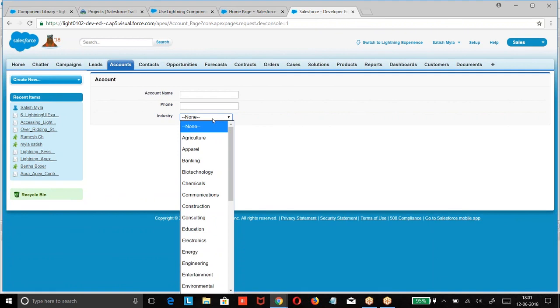I am creating two pages. One is a customer page, another is a corporate page. In the customer, industry should be ABC. In the corporate, industry should be XYZ. Then how will you get the data? There I cannot use input field. In such cases, wherever the concept of record type is working, there I have to fetch the fields dynamically. In such cases, what will we do? We use schema programming.